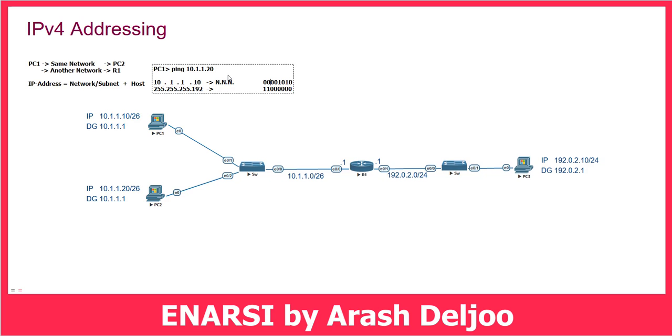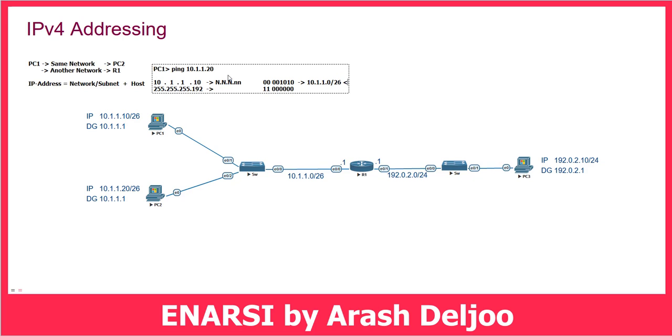As you know, the first two bits of the fourth octet are the network bits. Because of that, we can understand that these two bits are the network bits, and this means that the first two bits of the last octet are, for example, network bits. And finally, we can understand that the